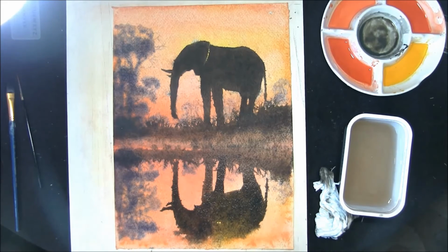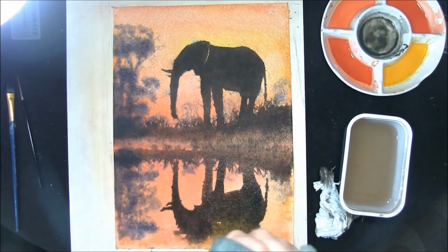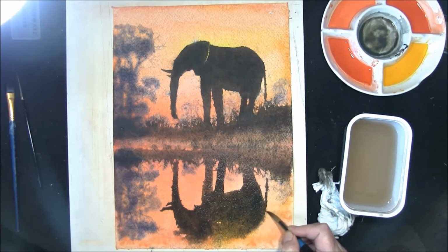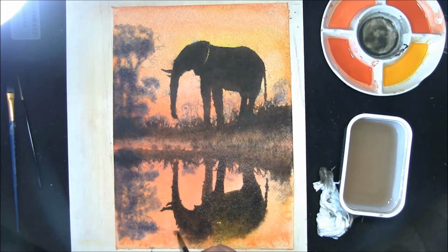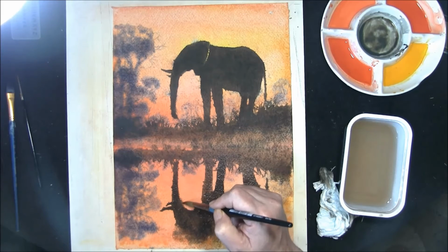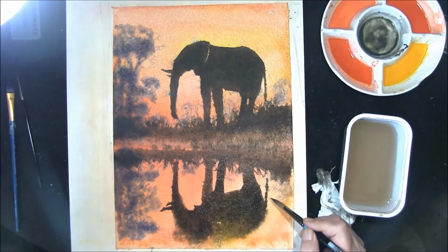Right, I've just laid the board flat, and what I'm doing is I'm just going to soften some edges in. So this is a fully charged brush with water on it. Take the excess water off and just fuzz the edges up. Like I said, with it spreading slightly, with it being rough paper, it does actually help you out in certain areas, and certain areas it doesn't. So I'm just taking the edge off a bit,